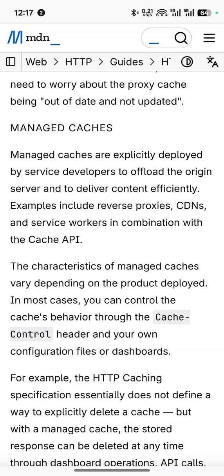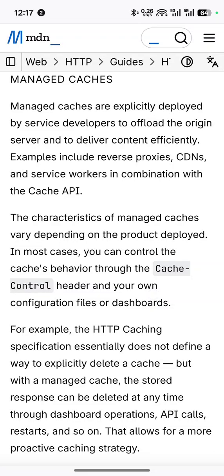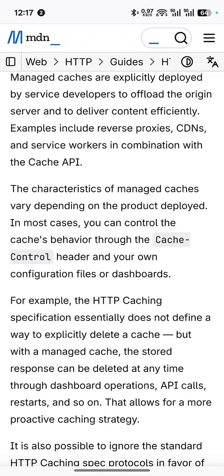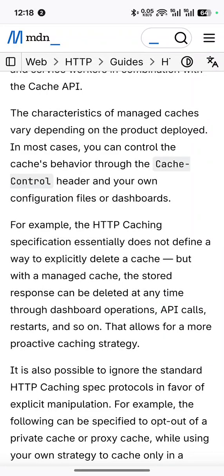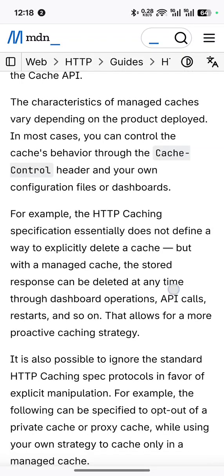developed by service developers to offload the origin server and to deliver content efficiently. Examples include reverse proxies, CDNs, and service workers in combination with the cache API. The characteristics of managed caches vary depending on the product deployed. In most cases, you can control the cache server's behavior through the cache control header and your own configuration files